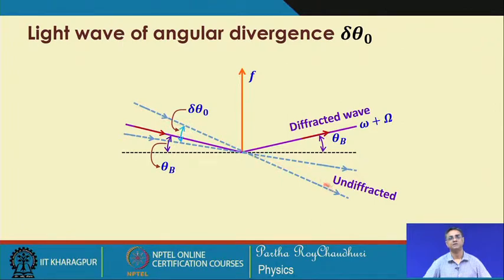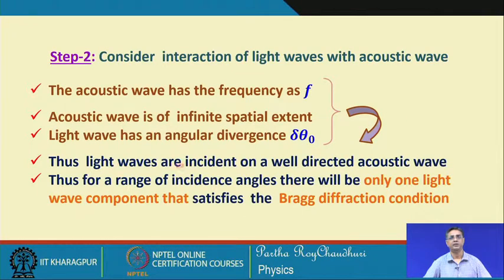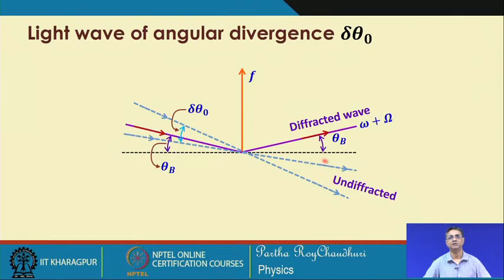Therefore, out of these different components along different angles, one of them will satisfy the Bragg condition, and this will be frequency upshifted by omega plus capital omega. So, thus light waves are incident on a well directed acoustic wave. Thus, for a range of incidence angles, there will be only one light wave component that satisfies the Bragg diffraction condition. So, that can be easily understood, that you have a range of optical waves falling on it with different angles, but only one of them will be diffracted, which will satisfy the Bragg